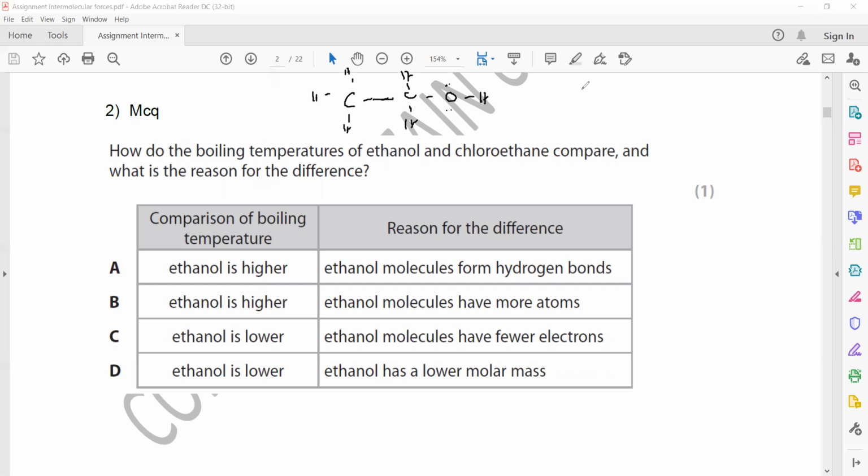When hydrogen is bonded with the most electronegative elements such as fluorine, oxygen, and nitrogen, it will form a hydrogen bond. To form a hydrogen bond, it should be a highly electronegative element with a lone pair. So this oxygen has a lone pair, and this will form a hydrogen bond, and hydrogen bonds are strong. When we compare chloroethane,